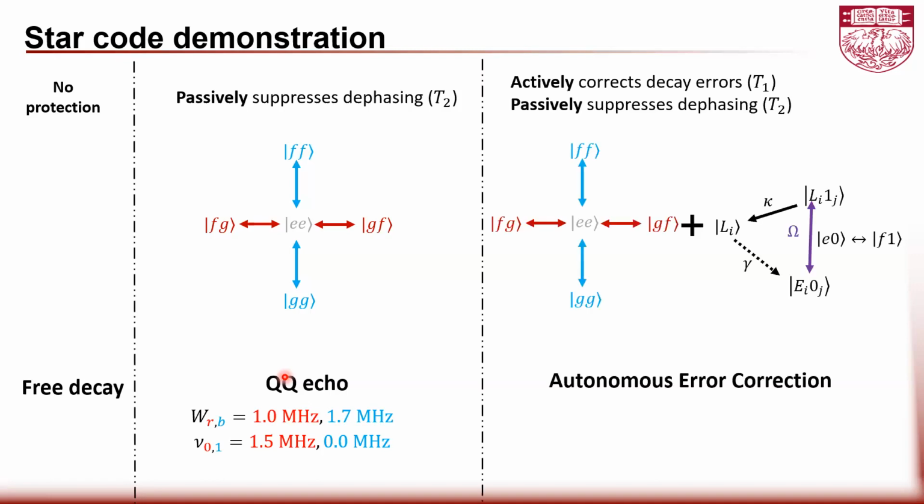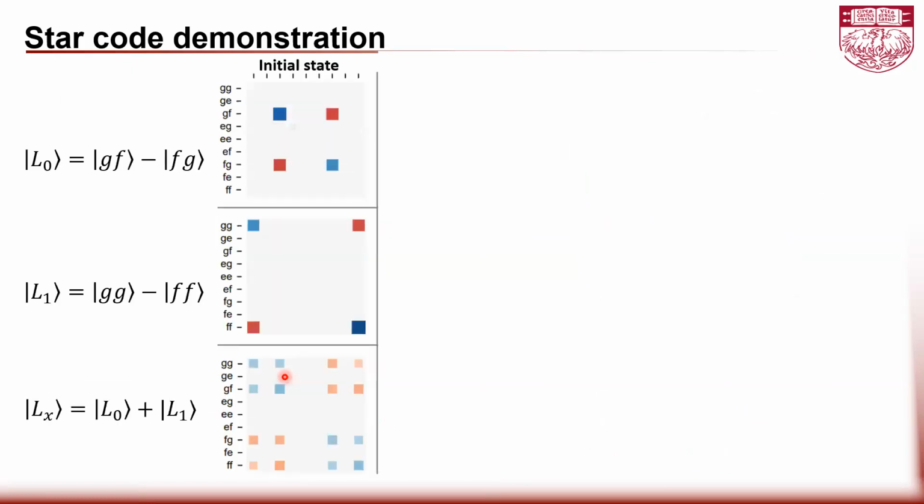And finally, we turn on all of the 6 tones in our system, and it will do the autonomous error correction. It will both correct the decay error and suppress dephasing error. And here are the numbers we use in our experiment: about 1.5 megahertz QQ sideband rate, about 1 megahertz detuning, and 0.4 megahertz QR sideband. We choose the following 3 states, L0, L1, and LX, as our target